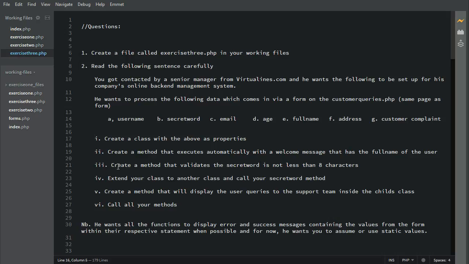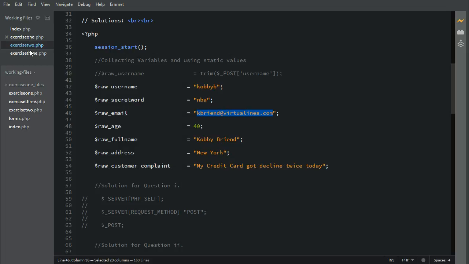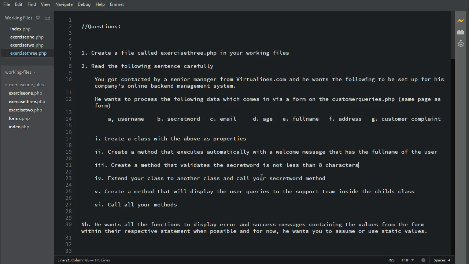So number three, the third question is we're gonna create a method that validates the secret word is not less than 8 characters, right? I think we did something like this in the previous one, but for this one, we're gonna use an object-oriented method. And I'm expecting you to do something like a static property. You probably have to add another static property here,